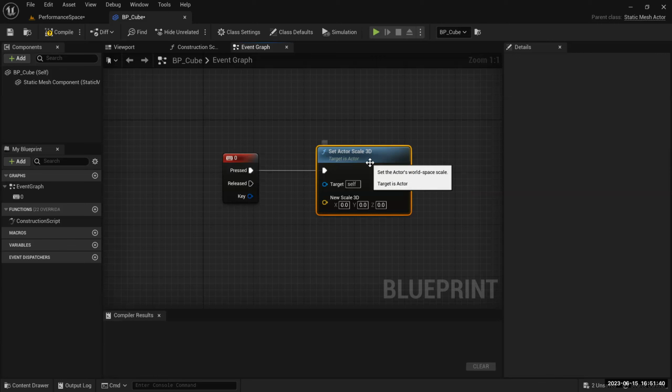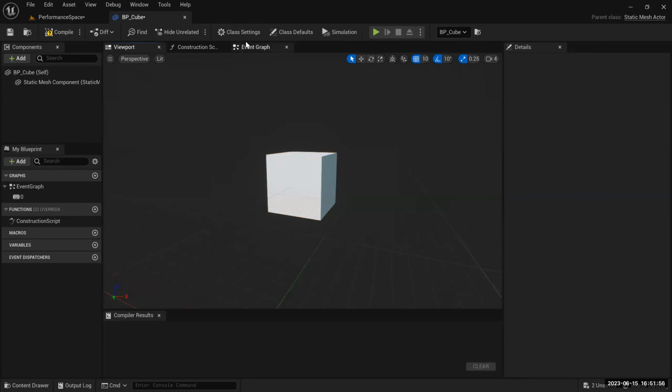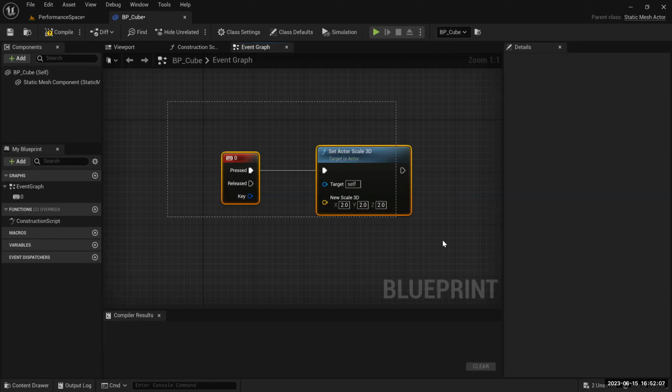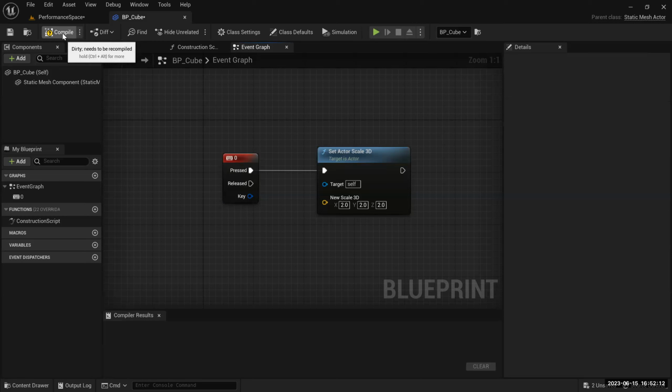So when you set a scale of something, that thing is a target. And the target itself is self, because right now we are in this cube blueprint. We don't have to say we want the target to be something else, so we don't have to connect the target to anything. For the new scale, you can do 2, 2, 2, as I just said. After that, I think we're all set. You click compile on the top right side, and usually you save your movement, and you go back to your